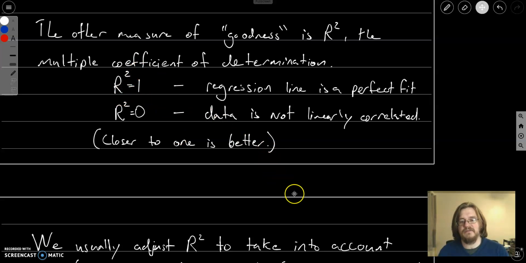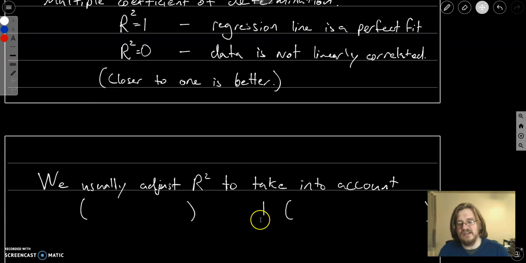So even if your regression equation isn't very good, just adding more variables to it somehow makes R squared go up. That's not very useful, because simply throwing more variables in there doesn't make it a better line in any sense. So we adjust R squared